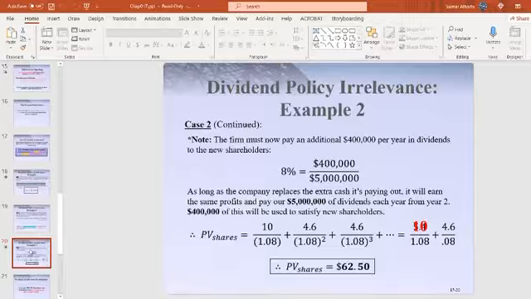Now, on this 5 million, the company has to pay a dividend also, right? It is the cost of raising money. If you're raising money from shareholders, the new shareholders will demand money. They will also demand the dividend, right? The additional dividend to shareholders is equal to 400,000, which is 5 million additional multiplied by 8%. Now, understand with me, in the first year, the company is paying 10 million, right?